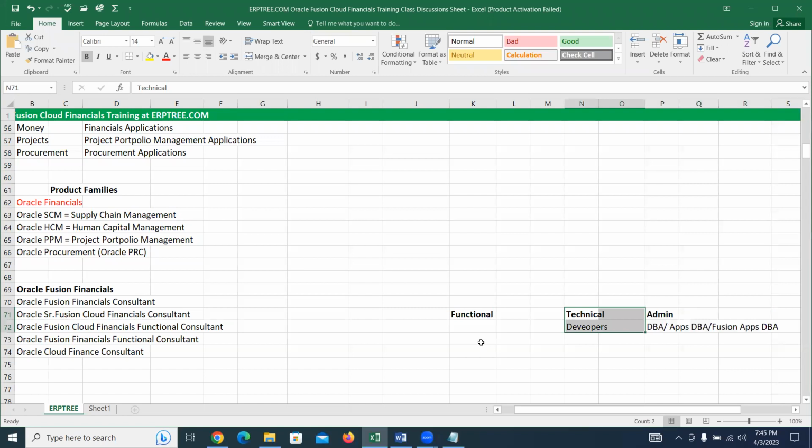It could be any function, finance or SCM, HCM. That much demanding area is the functional. So even if somebody is looking for on-site opportunities and wants to stay in a very demanding space, functional is the right choice. Okay, this is what we have to understand about this course. Any questions here, please? If no questions, we'll proceed.